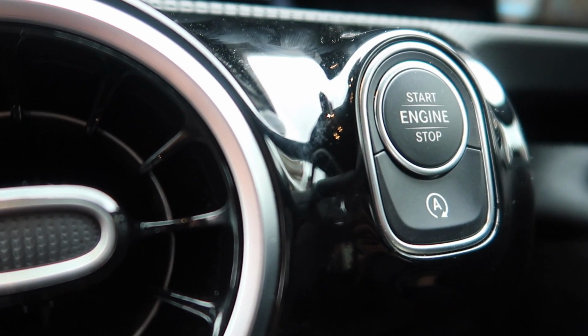A lot nicer inside than the old A-Class. Definitely. I've actually driven an A220 diesel from the old shape because I had it as a courtesy car for a week, and I can remember that, and I didn't think it felt that good to drive. I thought it felt a bit, I don't know, just a bit unresponsive, and it just didn't feel that nice. But this feels so much better to drive. I'll give it a little bit of a...